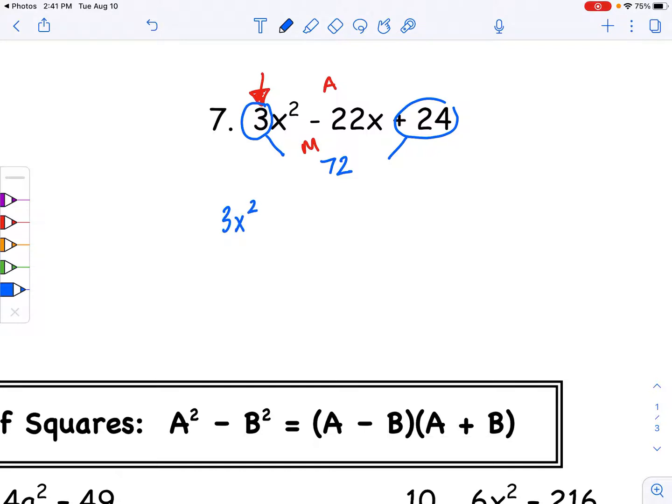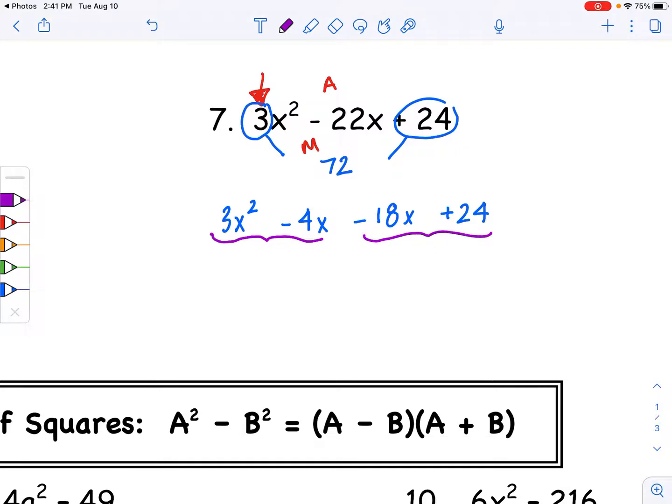The 3x squared stays, the plus 24 stays, but I'm splitting my middle term. No longer is it going to be negative 22x, but it's going to be 2 terms. Add to negative 22, multiply to 72. Well, that will be negative 4x and negative 18x. I have 4 terms, so I'm going to group and